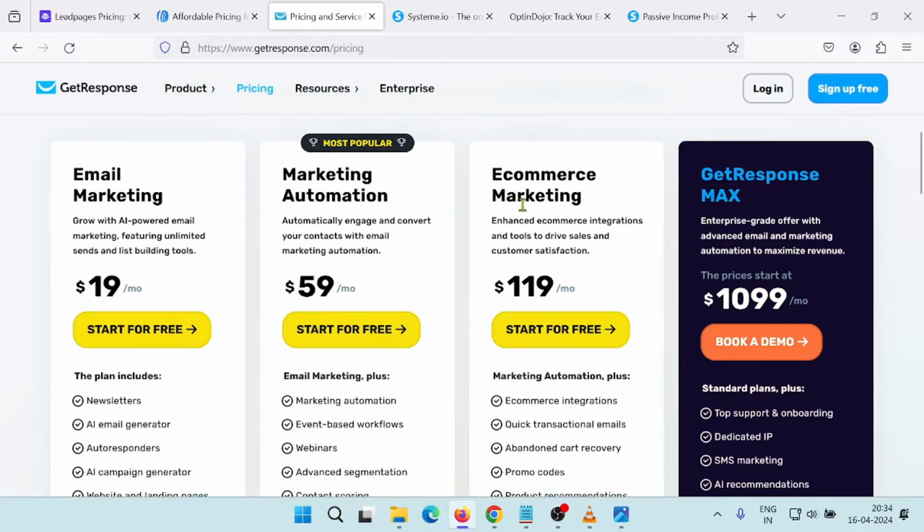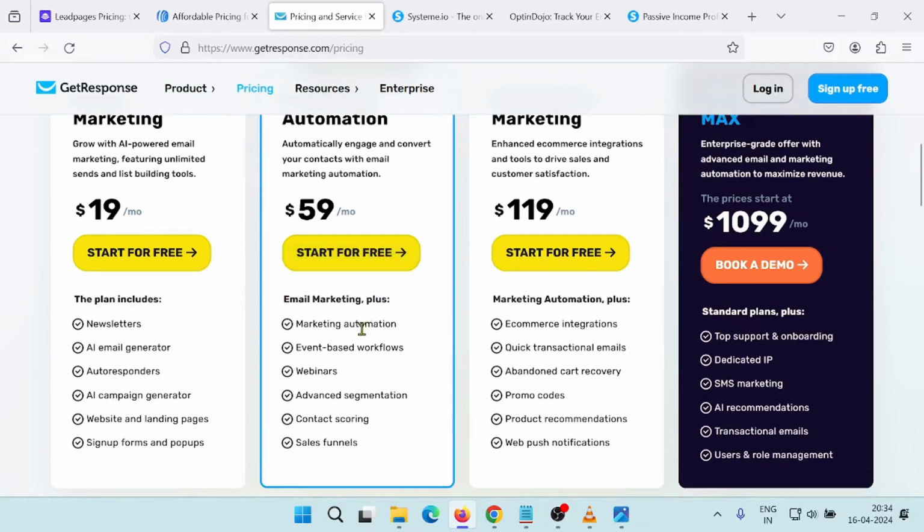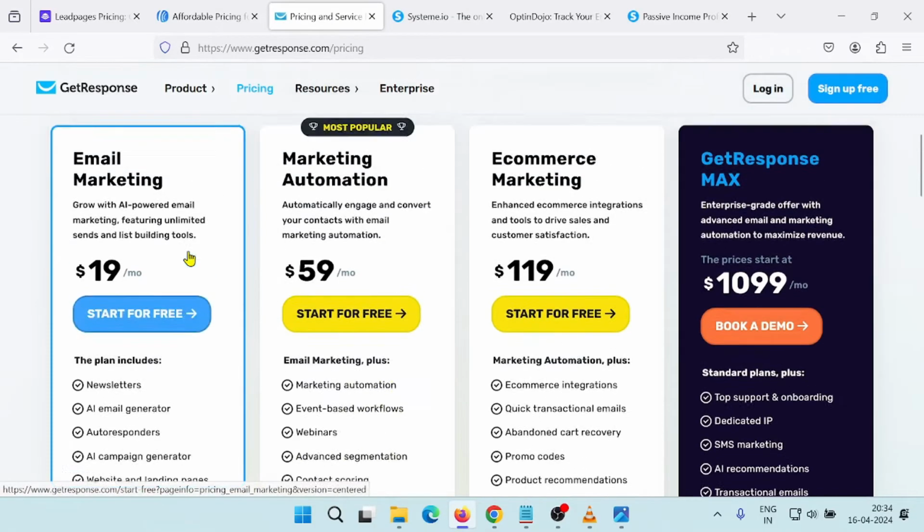Now, we have four different plans for Getresponse, which is email marketing, marketing automation, e-commerce marketing, and Getresponse Max. Now, the plan which I'm going to recommend you for this email marketing with solo ads is going to be marketing automation. Now, why do we need to go for the marketing automation? Because in marketing automation, we have marketing automation and event-based workflows and advanced segmentation, which is not available with the